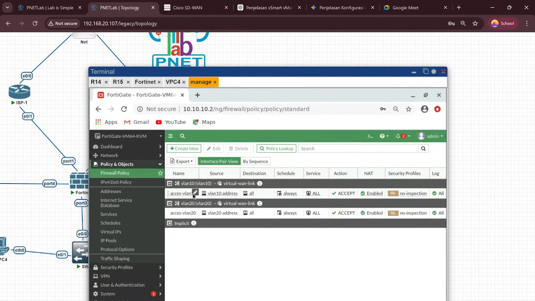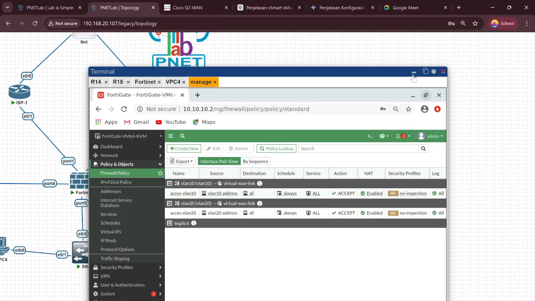Create the access VLAN 10, address, destination all, schedule always, service all, action accept, NAT not enabled, security profile no inspection, and logging all.